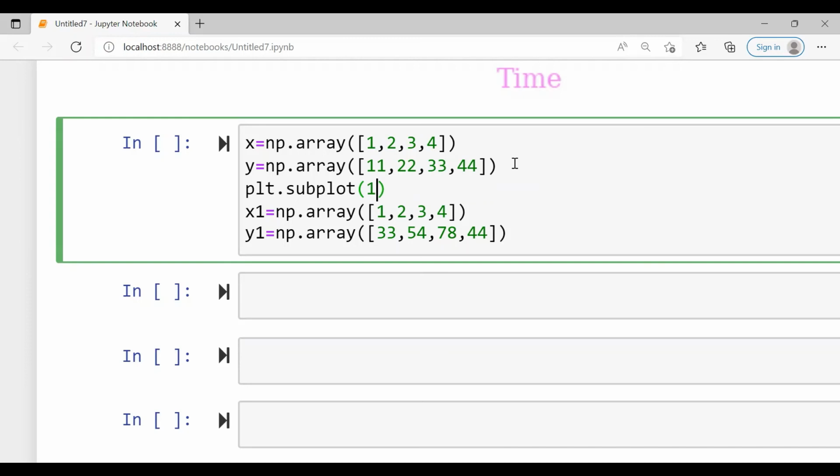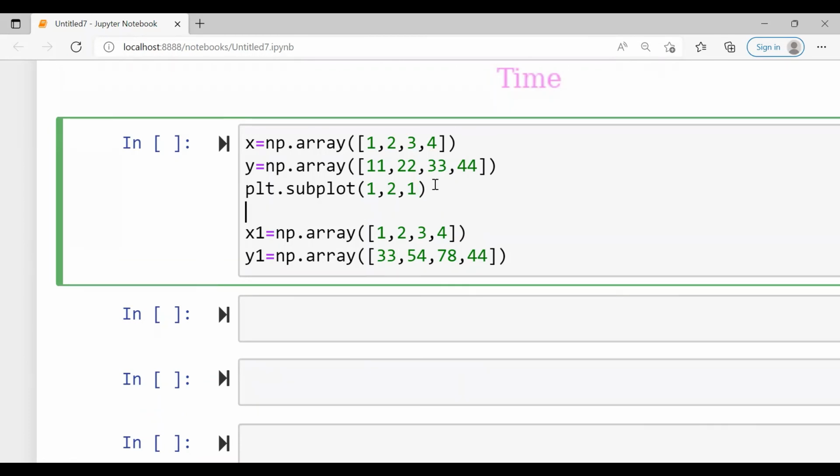So you have to mention here row and column and position of the graph. And I'll show you. I'm using 1 row, two columns and I want to place this graph at the position 1. So subplot: first is the row position, second is the column position. So there is only one row, two columns, and the first graph. I want to plot X and Y graph as the first plot. So plt.plot